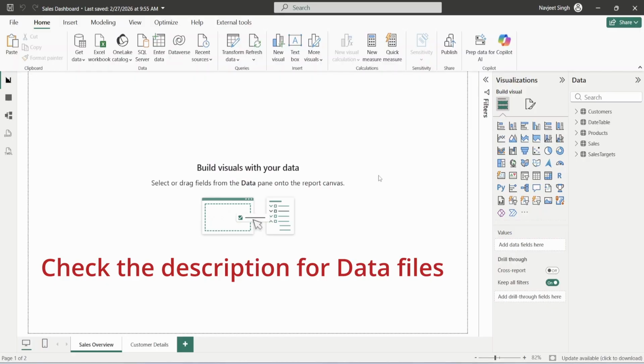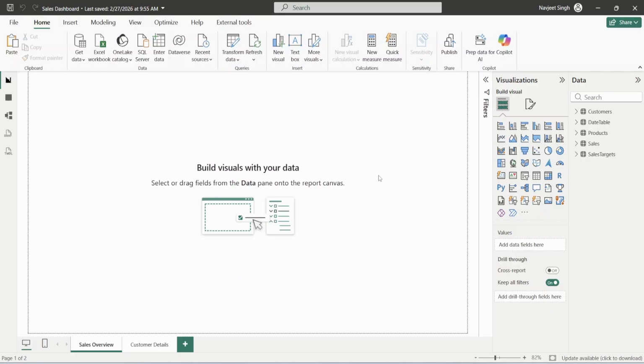All right. So let's move to our first page, which is sales overview. This page is designed for leadership and senior management. So we will have to answer business questions which the leadership would like to be answered. The business has a few questions. I will list them one by one on the screen,